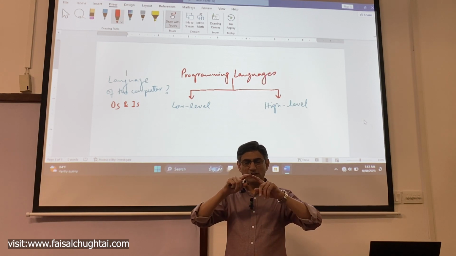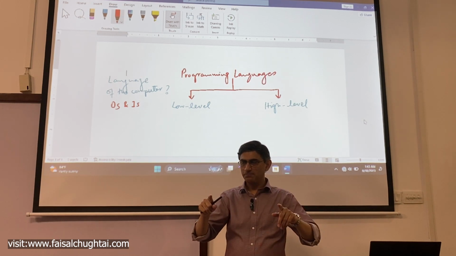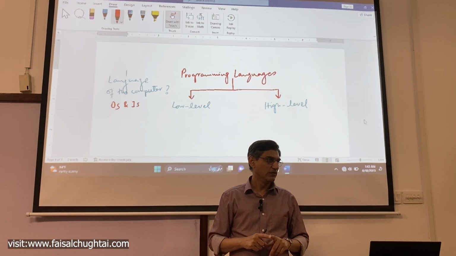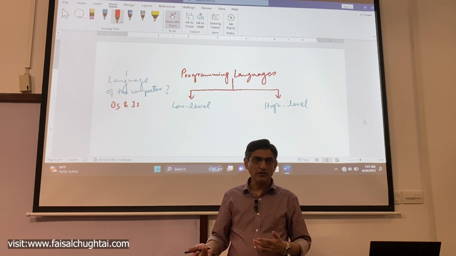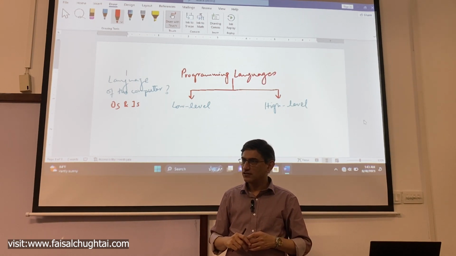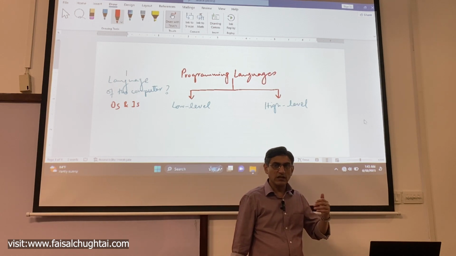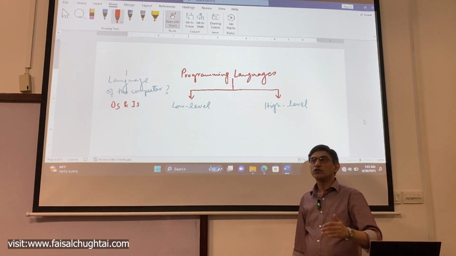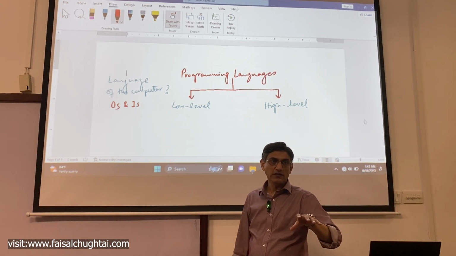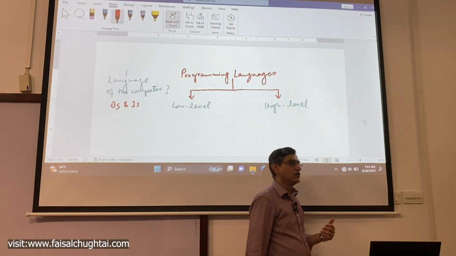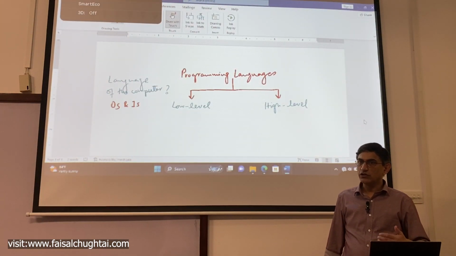So in a huge combination of ones and zeros, how difficult would it be to trace any error made? How would you figure out where you made an error, where you missed a 0 or a 1, or where you swapped the position of any two ones or zeros? Very, very difficult. So not only was it difficult to remember, it was time consuming to write instructions, but it was also very difficult to correct if you made any errors in writing the program statements using ones and zeros only. Hence, since technology has been going through a process of evolution ever since computers have come around,